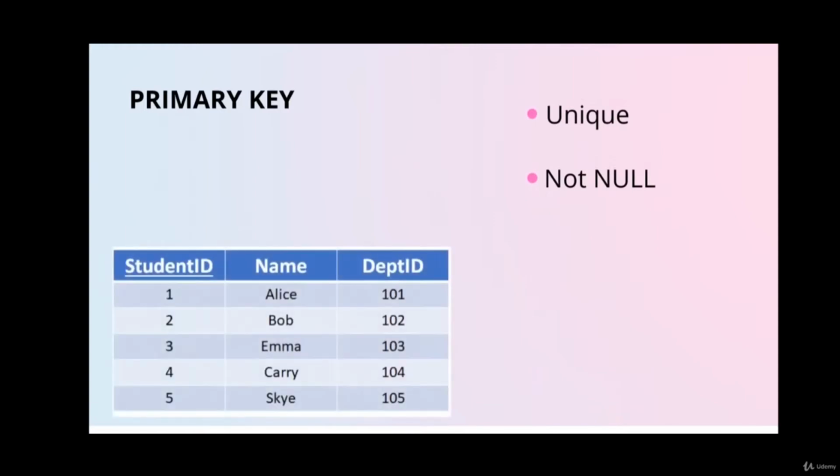Next is primary key. So primary key is a subset of candidate key which is used to uniquely identify each row of data in a table. A primary key should not be null. So in this case, now you might be wondering that all the 3 candidate keys can be a primary key because all the 3 are used to uniquely identify a row. So in that case, we can make any one of the candidate keys the primary key. This is generally done by the database administrator, but usually we prefer using student ID as the primary key because it makes it easier to search for a particular student in the database.